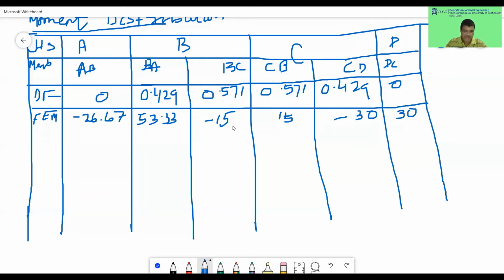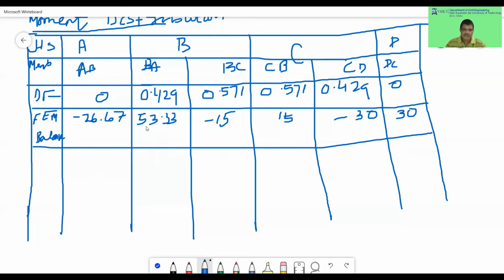So write the values very clearly. Now we'll balance. Now once you write the fixed end moments, because both ends are fixed, no moment is going to be balanced. If it is either overhanging or it is simply supported or hinged, then first you have to make the joint balance, and then we have to go to the initial moment, and then we have to start the balance the moment. Now here, because both ends are fixed, we'll go for balancing the section. Balance. Okay, what are the balance moments now? Calculate balance moment.